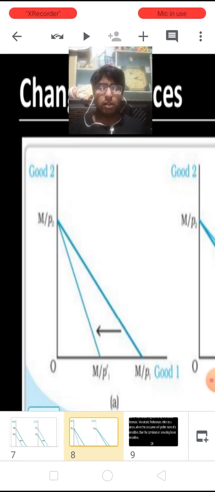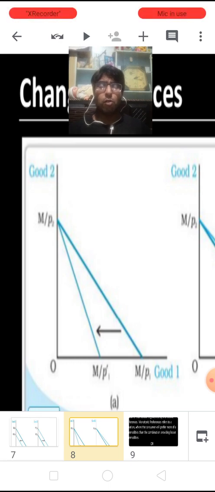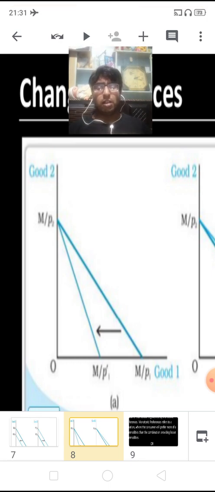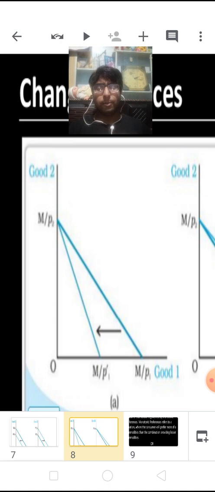Now see, children, the price of good X is represented on the X axis, whereas good Y, the second good, is represented on the Y axis. Now suppose the price of good X decreases, previously it was suppose 4 rupees and now it decreases to 2. Now the new price per unit of good X is 2 rupees per unit,